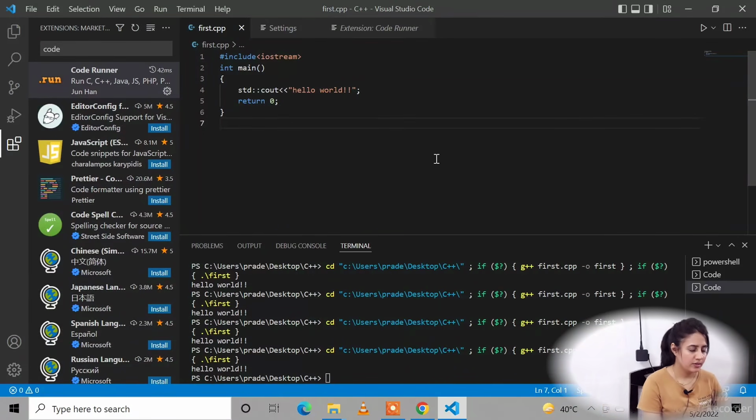So now I think that's it for this video. I think you have installed, you are now set with your VS Code, your compiler and everything. If you are finding any problem, any error you are getting, you can just take a screenshot of that error. You can write it down in the comment section. I'll see what I can do and how to remove that error. I'll